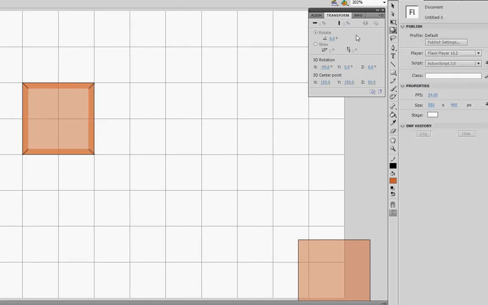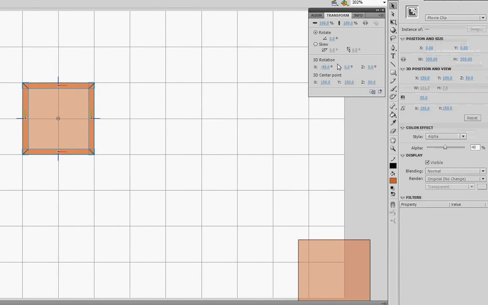So if we select that again, the 3D rotation is now x is negative 90 and y is 0, it might be different for you. I've done this a few times and it's not always consistent, but set whatever thing is 90 to 0 or negative 90, and then drag